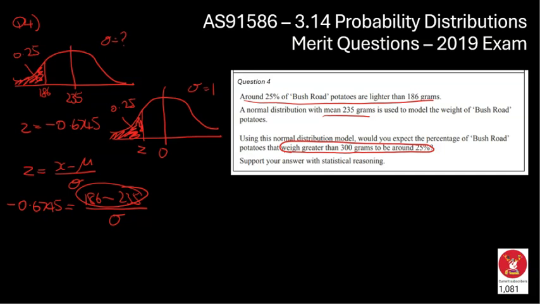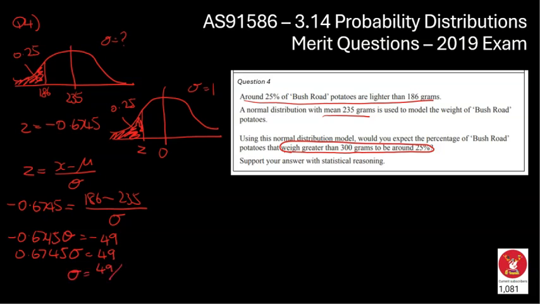I'm going to simplify my numerator here. And at the same time, I'm actually going to move this over to the other side too. So it's currently division, so it's going to become multiplication. So it's negative 0.6745 times the standard deviation is going to be equal to negative 49. And both sides are negative, so let's drop the negative sign. So 0.6745 times the standard deviation is going to be equal to 49, which means the standard deviation is going to be 49 divided by